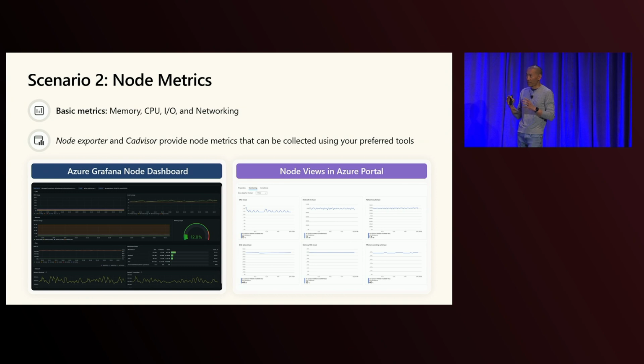And generally, you might see, on one of these graphs, one of these metrics get pegged at a particular level and not be able to go beyond that. That's generally indicative of you hitting some sort of throughput limit, which might lead to some of the failures, readiness, or something else that you might be running into. There are a few places today that you can go and view these. One is in the Azure portal in the node view, and then another is in Azure Managed Grafana. There's a node dashboard there.